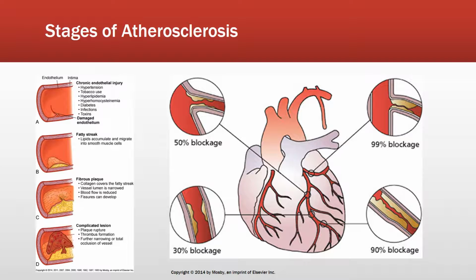And then over time, you end up getting to D, which is a complicated lesion. This one is the most dangerous because the fibrous plaque will grow and create some inflammation and instability, and once the integrity of the artery is compromised, platelets go to the site because it senses injury, and it will create a thrombus, which is our body's natural response to injury and inflammation. The thrombus adheres to the wall, and unfortunately it causes more narrowing, and at one point we'll get to like the picture that we saw where it's almost 100% occlusion. This one can show you about 90% blockage. And as we can look at the diagram,